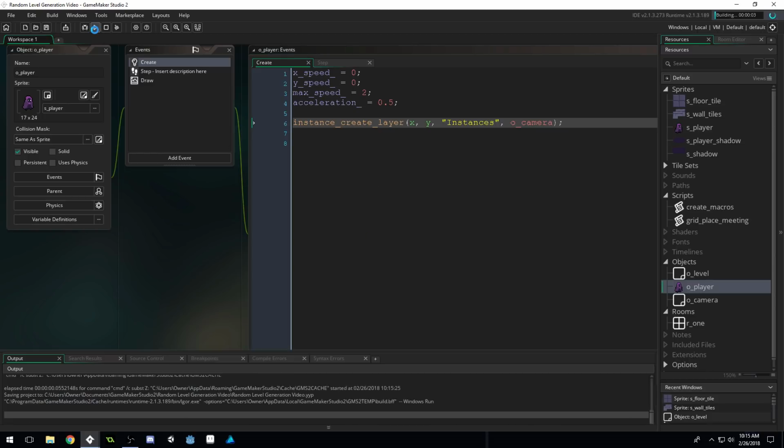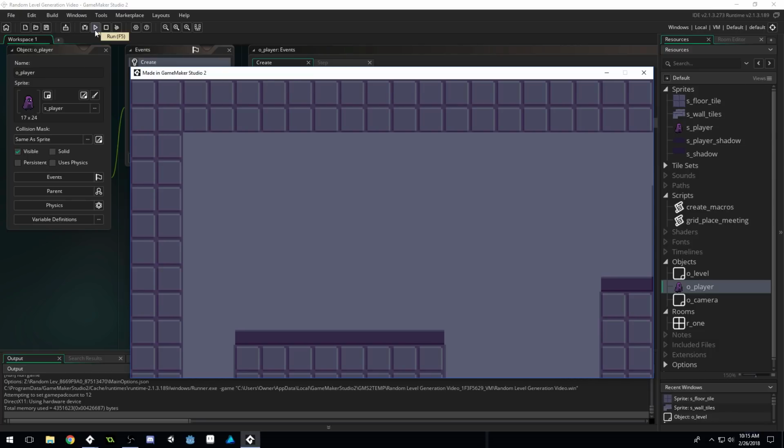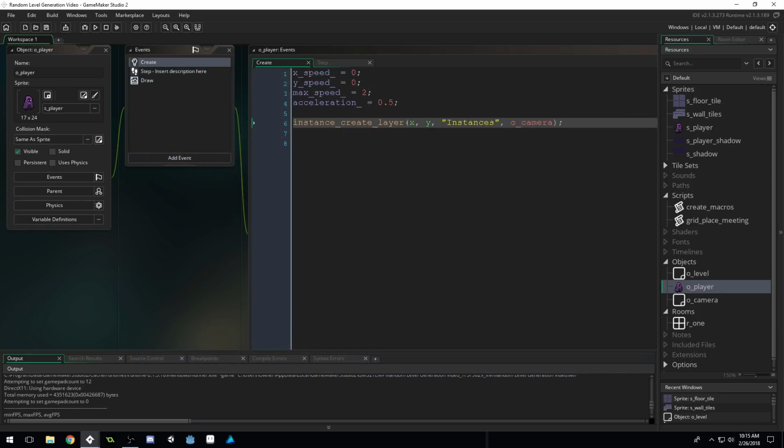Let's run the game and see how it works. Hopefully, we wrote a lot of code without running the game, so it's possible we could have issues here. Oh yeah, we're not actually creating the player. So there's an issue. Come back into your level object,